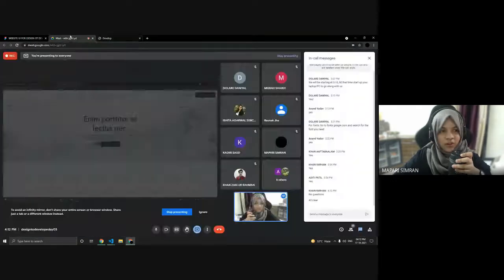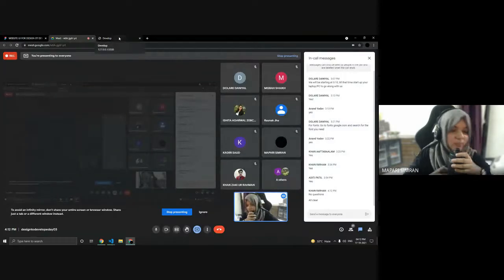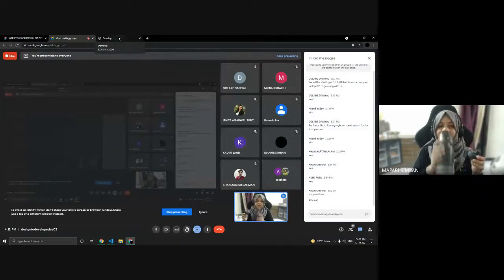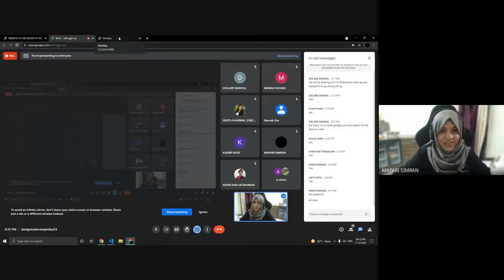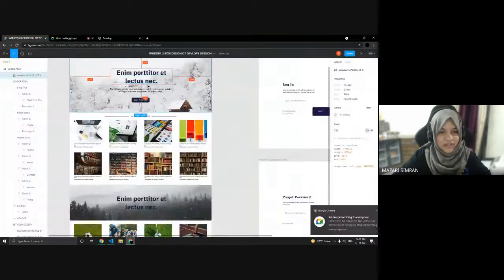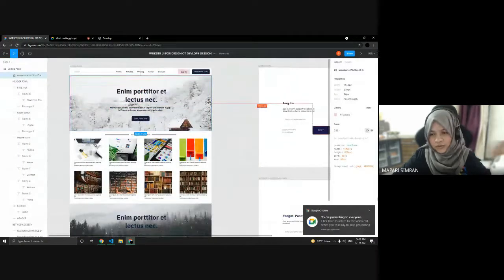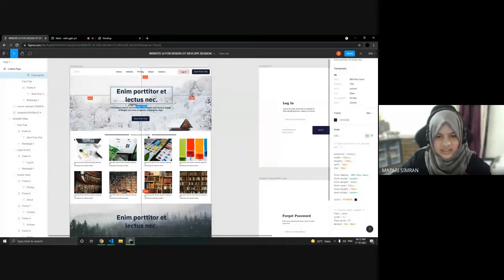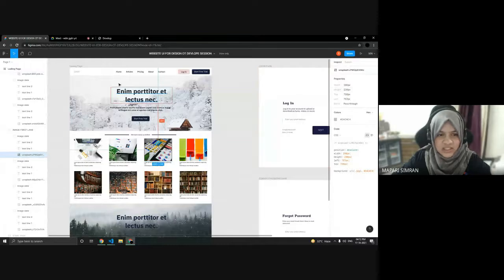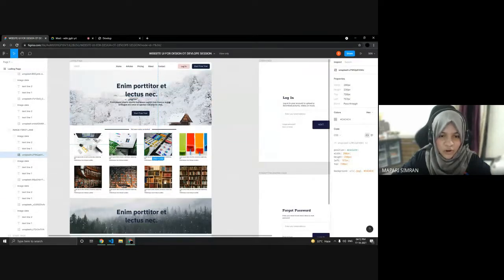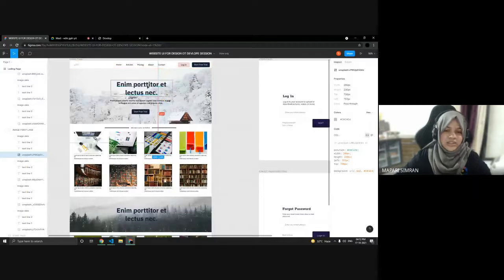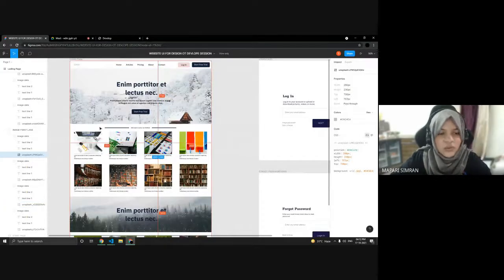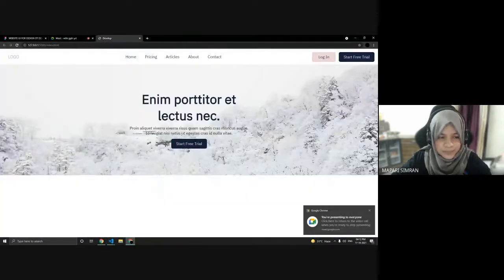Now for the bottom part, I think the time is 4:12 and we have to see the deployment part as well. So I have given you the basic approach of how you have to see the design, get the basic CSS, and download these images. So for the rest I have already developed, so I can just get the code from here and explain it to you so that we don't waste our time much.